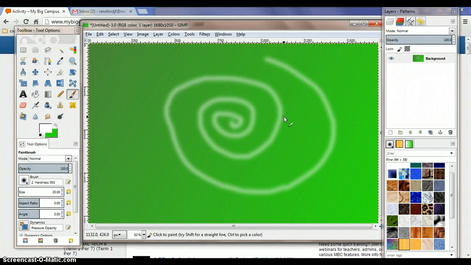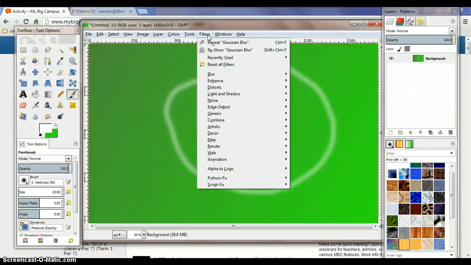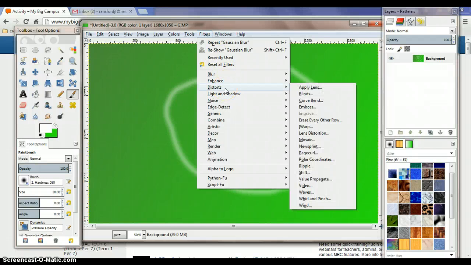Now, the next thing we're going to do is go back to Filters, and we're going to go to Distorts, and then we're going to go down here towards the bottom to Whirl and Pinch. So if you click on the Whirl and Pinch,